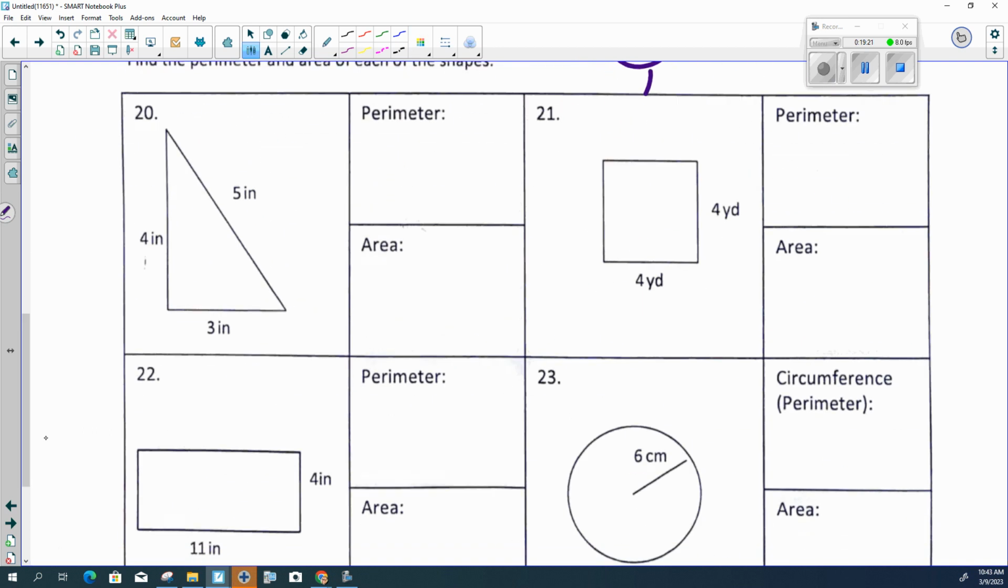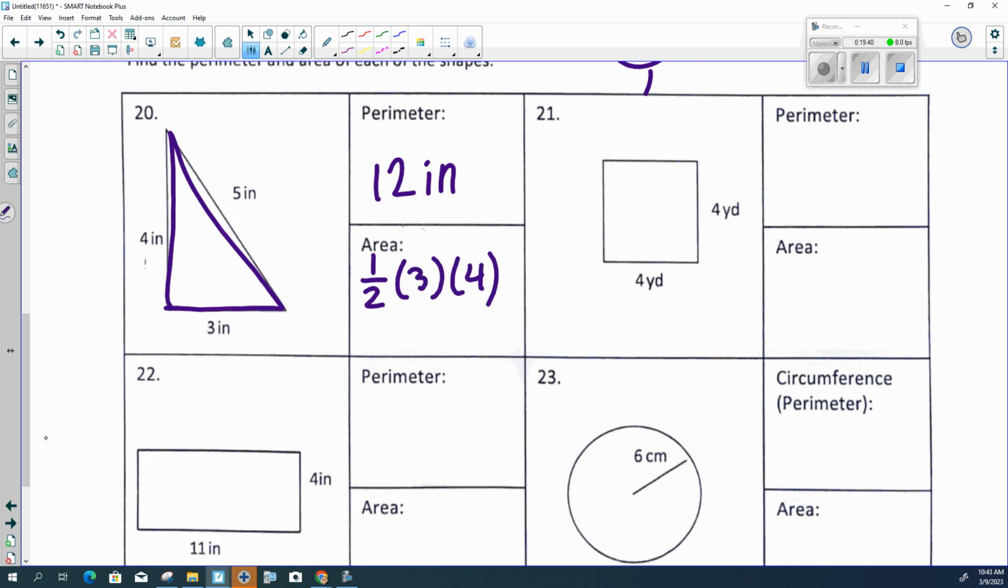Okay, these ones are kind of fun and easy because they already found the hypotenuse for us. So perimeter is 3 plus 5 plus 4. And there are units of measurement, so put them down. Area is 1/2 base times height. Why am I not using the 5? Well, height is from the top of your head straight down to your feet. So it's the 4. And the base is the flat one,